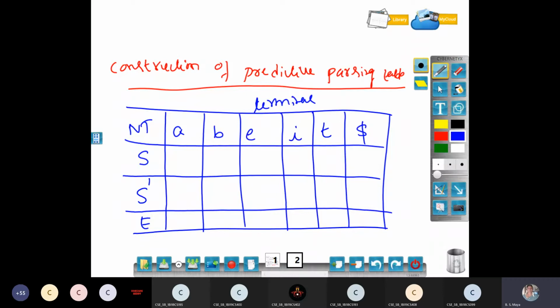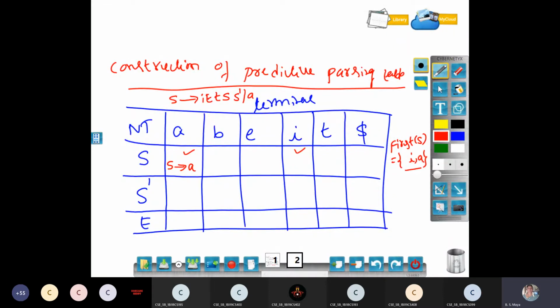You have to look at the first set. As per the production, the first set of S is i comma a. Then I have two fields to write: one in the field of i, another in the field of a. S has productions: S derives iEtSS dash, or S derives a. So S has two productions, one that starts from i and the second that starts from a. Then you write them accordingly. Always you have to write S derives a here. It will never come as S derives iEtS there, because the start terminal should be i.